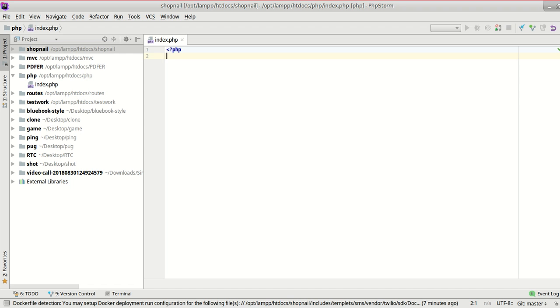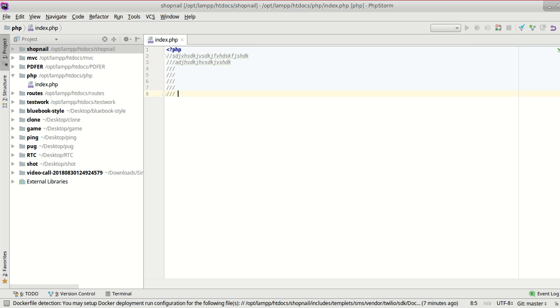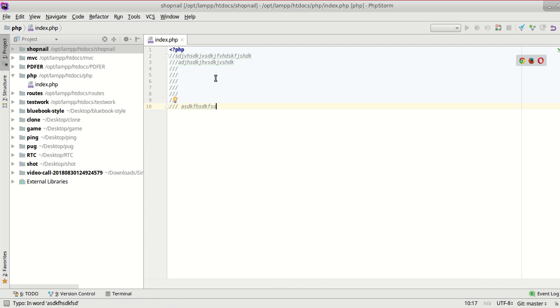If you want to create some comments, you can use a double forward slash. You can enter any text here, or add a description for your text. This is for my editor. Okay,